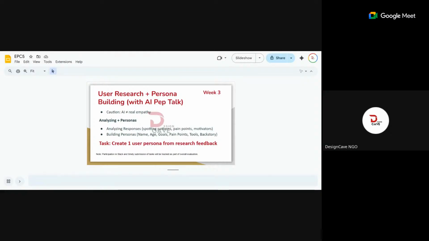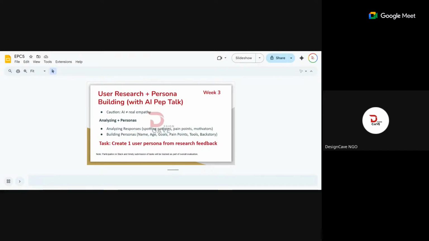AI will help us summarize, it will help us draft, but empathy and judgment is human work. I told us already that AI does not have the ability to show emotions. Realizing the emotional part of your responses or of your design is left to you because it is human work.